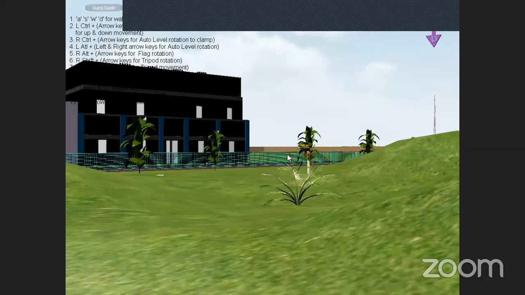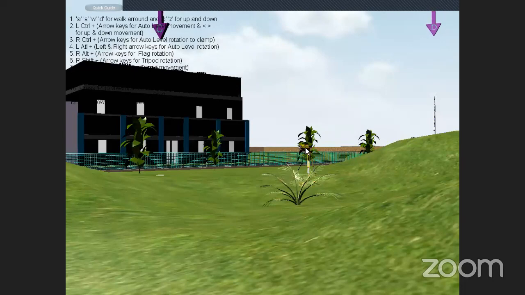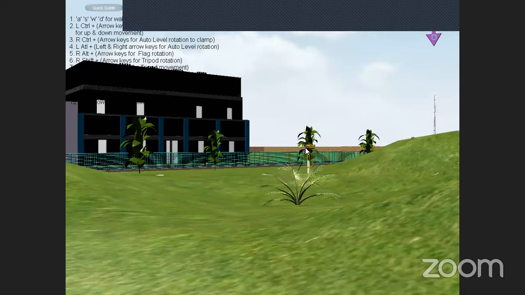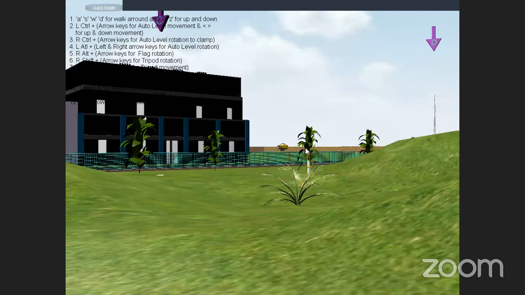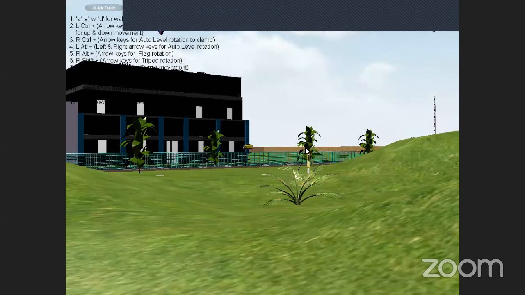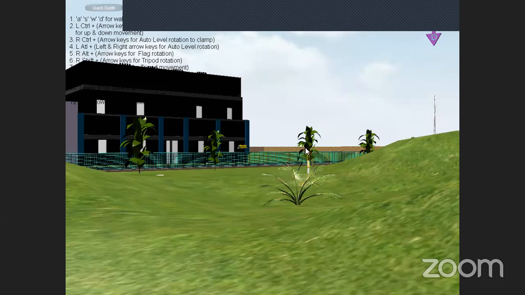This is the D position. Yes or not? Otherwise I need to take the intermediate points in between C and D also. Tripod also I have to move.